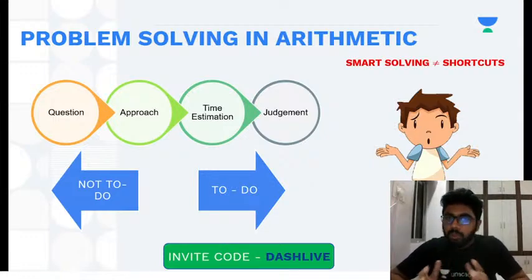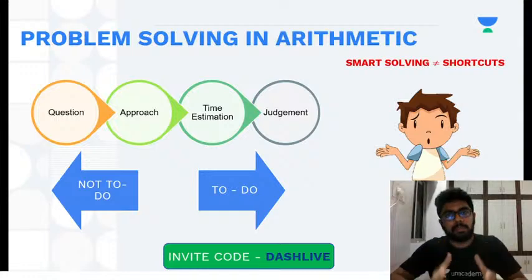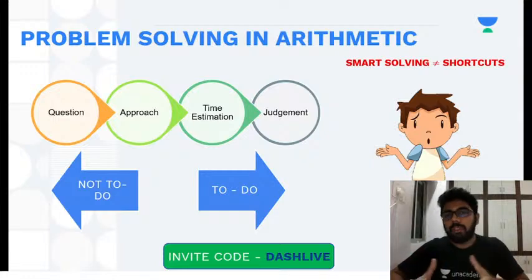But if you are clueless and just randomly trying, that's a 50-50 chance. And in a stress environment, it's not even 50-50. Your success in solving questions is much lower because you are operating in a stress scenario. So for those preparing for CAT 2021, my advice is: when you're giving a mock, try to bring in this habit of selecting questions. This is the flow you need to have while selecting questions.